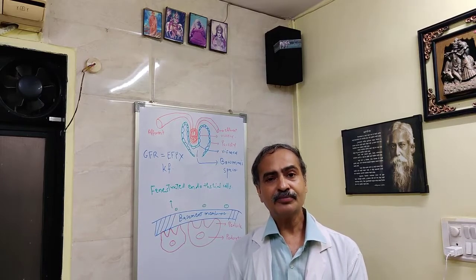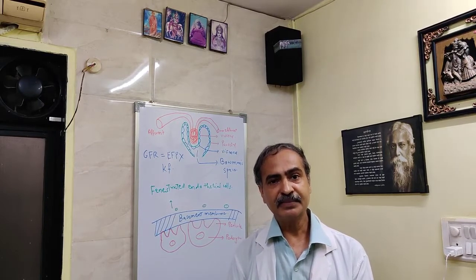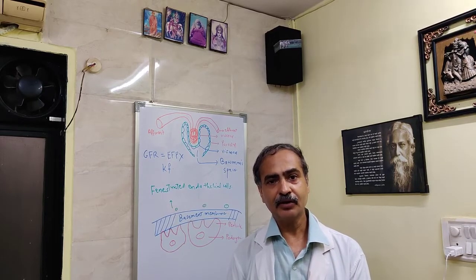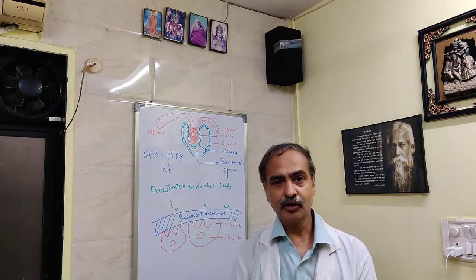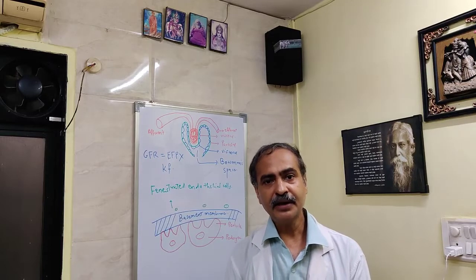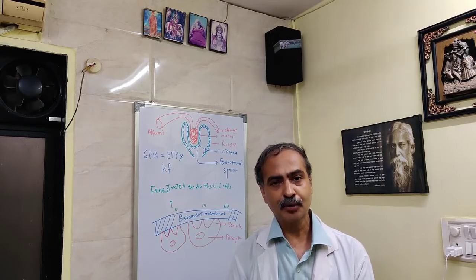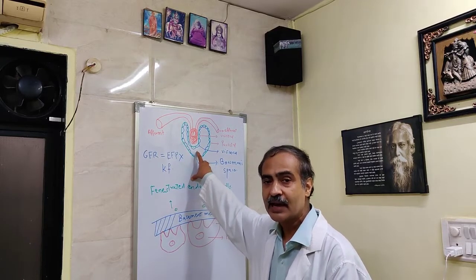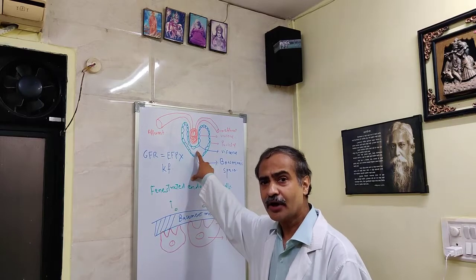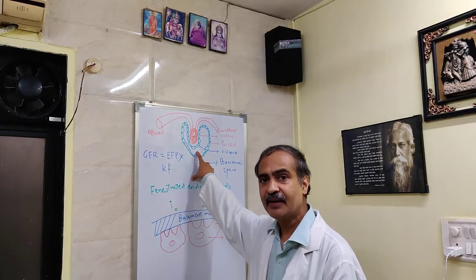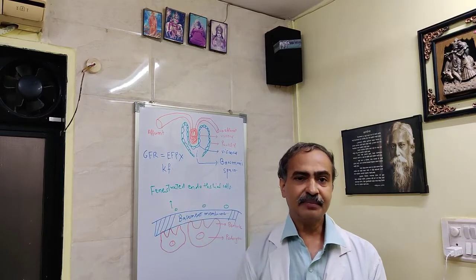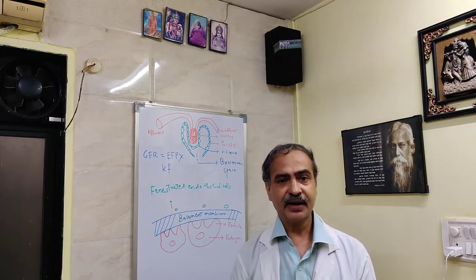Now the colloid osmotic pressure in the glomerular capillaries will be the same as that anywhere in the capillaries of the body, and that is 25 mm of Hg. We have seen that the glomerular membrane is normally impermeable to large molecular weight substances like proteins, so in the glomerular filtrate there is no albumin and no proteins, and so the colloid osmotic pressure gradient is 25 minus 0. So the overall effect is about 45 to 60 minus 10 to 15 minus 25,